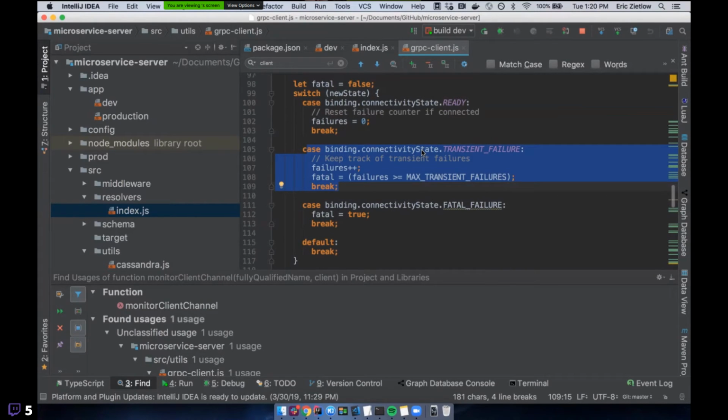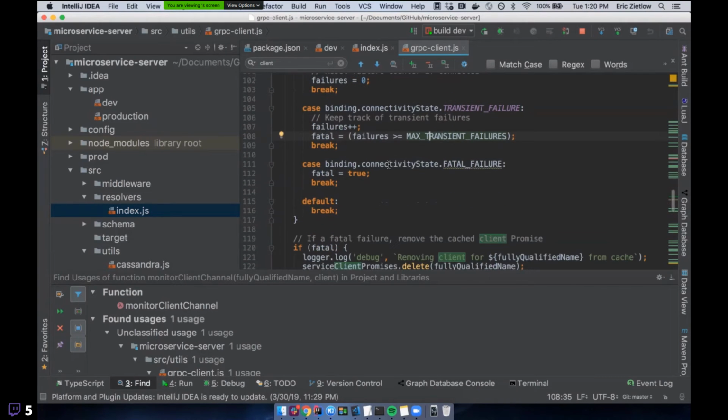If you're in a binding state and you fail, we increment your failures. Once your failures hit whatever the max transient failures number is that we've set, I'm assuming it's probably either set in a library or somewhere above. Not super important where, but as soon as that number is hit, then we are fatal, we break, and okay. And then if finding fatal failure,